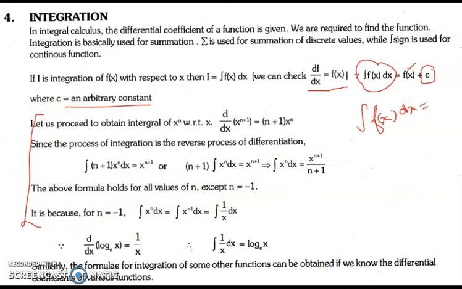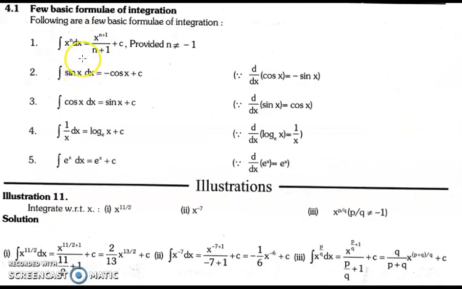Let's proceed to the formulas for the integral. Just like the formulas for derivative, we have the formulas for integral as well. This is the first formula. We know that x raised to the power n derivative is n x raised to the power n minus 1, and x raised to the power n integral is this one, x raised to the power n plus 1 upon n plus 1. तो उसमें पावर आगे आके पावर 1 से कम हो जाती है, इसमें पावर बढ़ जाती है 1 से, और नीचे n+1 हम लोग लिख देते हैं प्लस c. This c is constant of integration as we have already discussed.